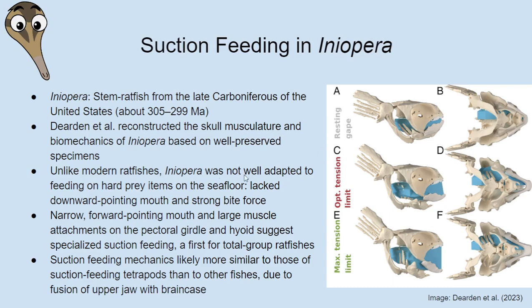recently. People have interpreted Iniopera as being similar to modern ratfishes, feeding on hard-shelled prey items on the seabed, but the authors suggest that this is unlikely. In fact, their results suggest that it was not well adapted to doing this at all. It does not have a downward pointing mouth, and you can see that on the image here. So if you need help orienting yourself, towards the right is the tip of the mouth, and towards the left